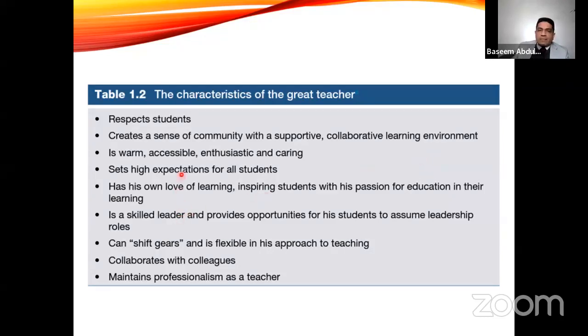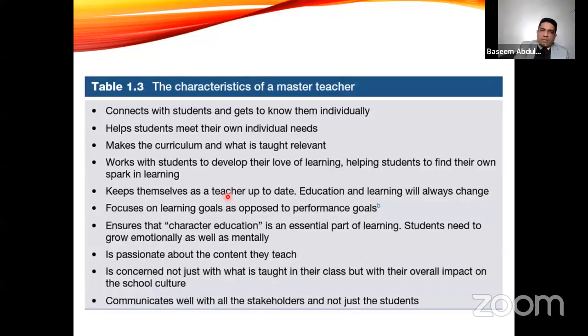is warm, accessible, enthusiastic, and caring, sets high expectations for all students, has his own love of learning, inspiring students with his passion for education and their learning, and is a skilled leader and provides opportunities for his students to assume leadership roles, can shift gears and is flexible in his approach to teaching, collaborates with colleagues, and maintains professionalism as a teacher. So a lot of characteristics, and we have different opinions. We will have a discussion at the end of these slides to see what are the characteristics from the students participating